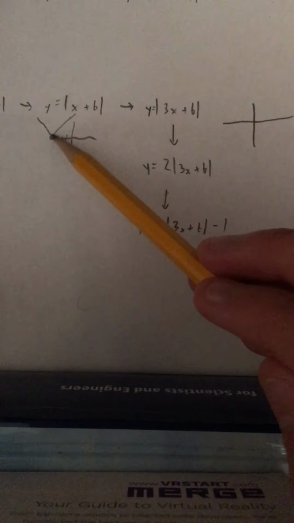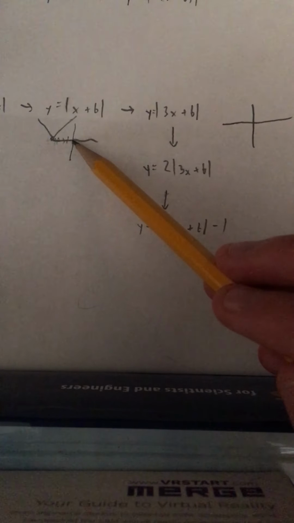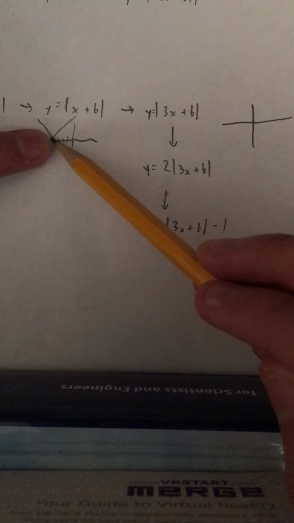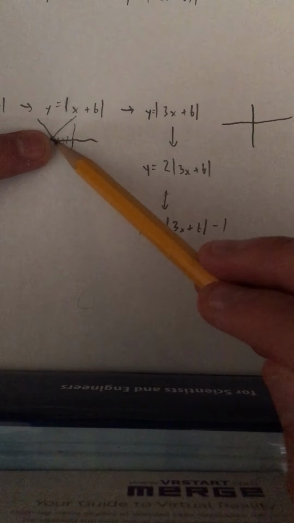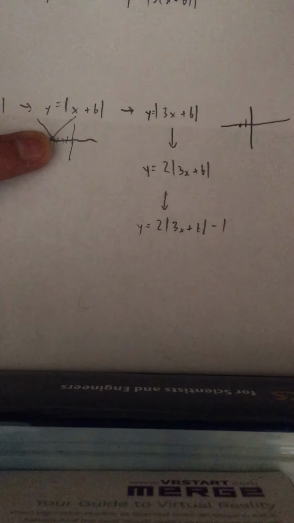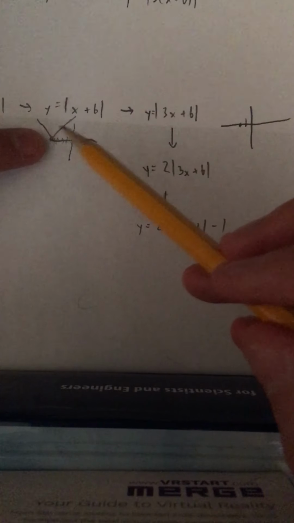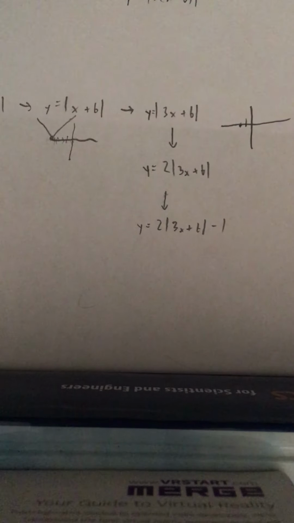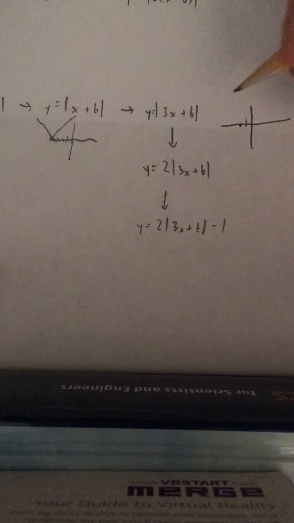Whatever the distance is away from the y-axis, like this one is 6 away, it's now going to be 1/3 of that. So 1/3 of 6 would be 2. So now we're just 2 away for our V. And you do this for all of the points, and it's going to end up shrinking it down so it looks a little bit